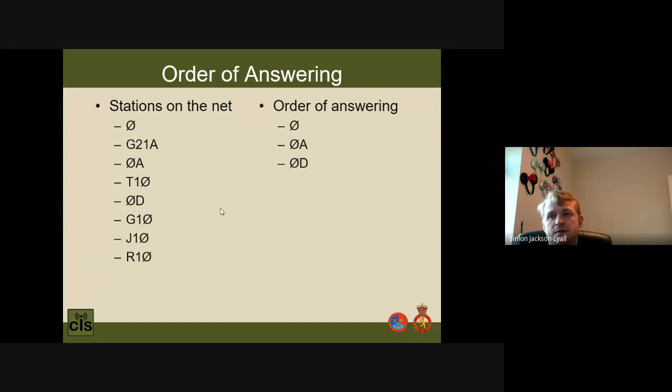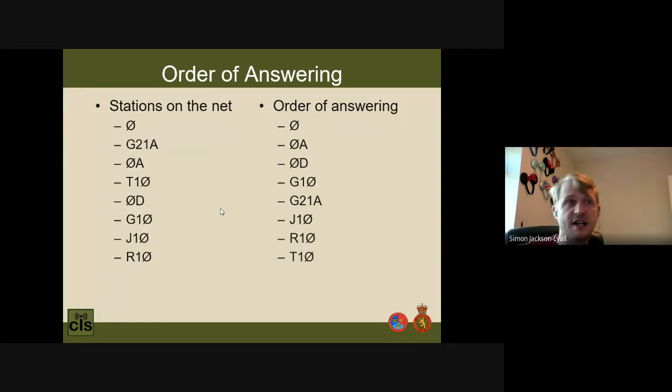And now we're looking at all of the rest of our stations. So the first thing we're going to do is organize it alphabetically. So the golfs are first, and we can see that there are 2 golfs. There's golf 2-1 alpha and golf 1-0. So then we're going to do it numerically. So that'll be golf 1-0 is going to be the next one, followed by golf 2-1 alpha. And then we carry on going back to the suffixes. So Juliet 1-0, Romeo 1-0, and then finally Tango 1-0. So you can see there that we took our golfs, we then made sure they were numerically ordered, so alphanumeric ordering.